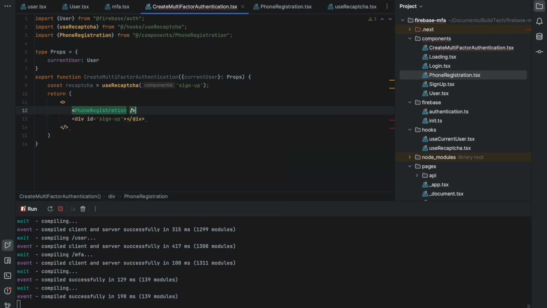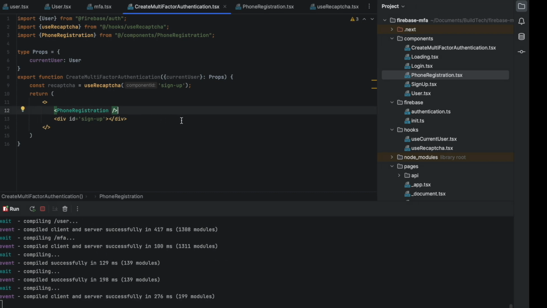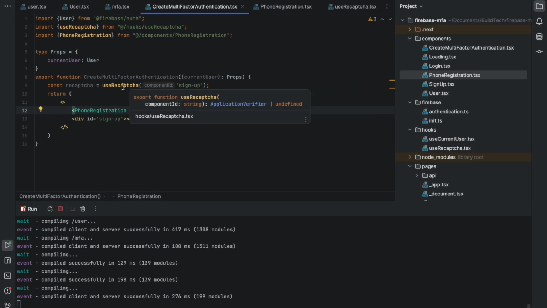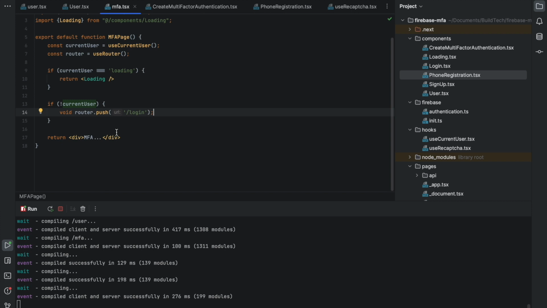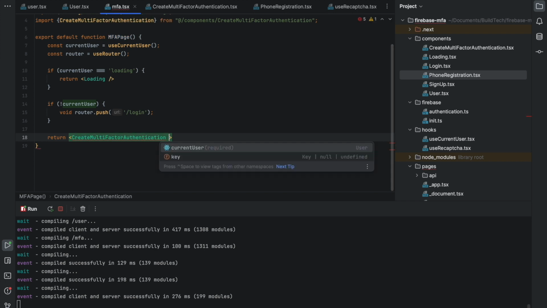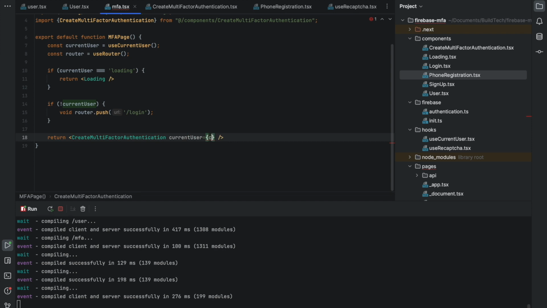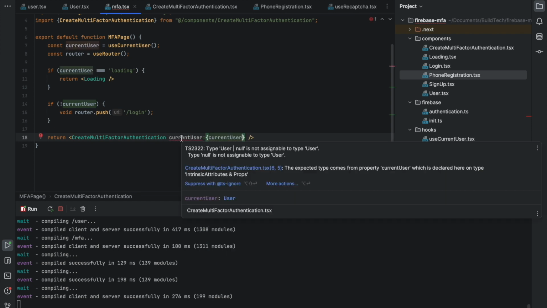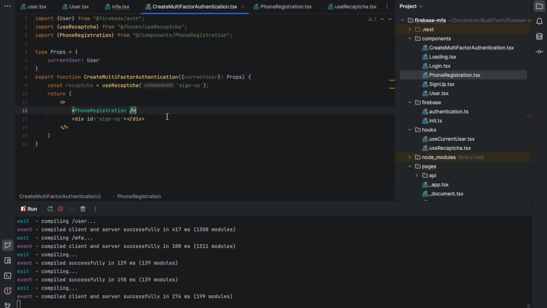Phone registration, and let's have a look on our navigator. Load the page. What's going on here? Just have a look. Oh, okay. We can now call our component create multi-factor authentication, and we can pass it current user. And yeah, it can be no, and in this case we have to say no. Okay,